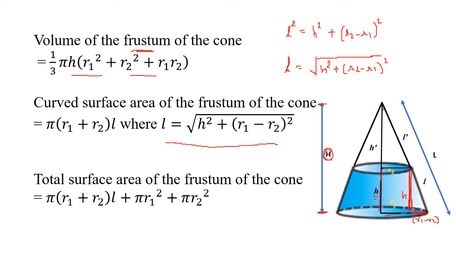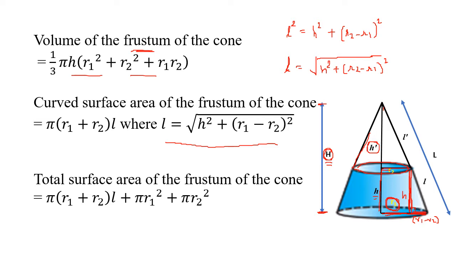Okay, that is the total height of the total cone, and this is the radius of the total cone. r1 is the radius of the total cone. From that, I have to find the volume of this whole cone using h as the height and r1 as the radius, and from that I have to subtract the volume of this top cone whose height is h prime